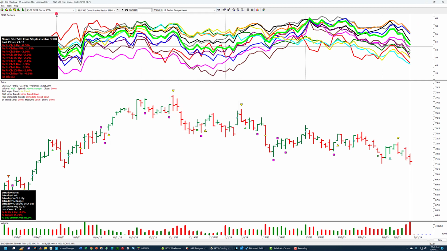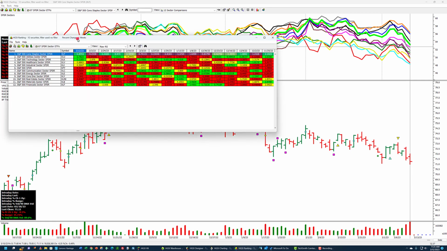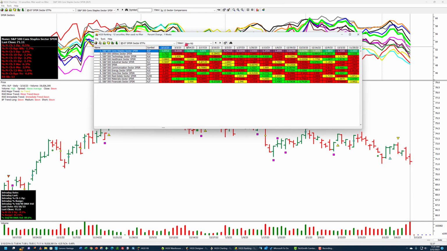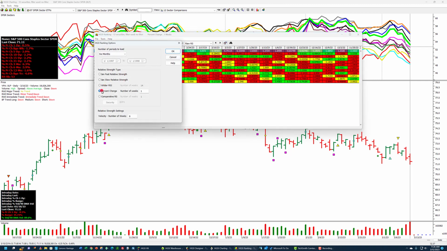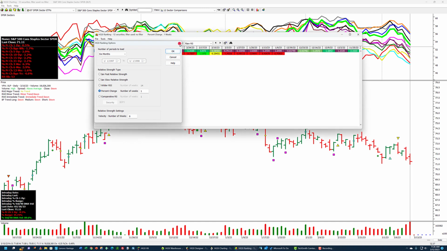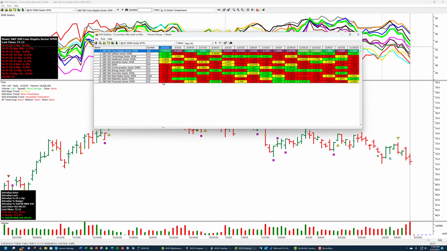Another tool we have is the ranking module. You just click on the ranking module right here. I'm on raw relative strength, and I am using percent change 1 week, and it tells me how much these fell during the week.